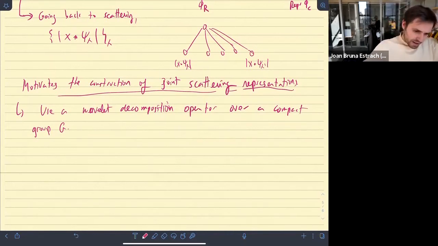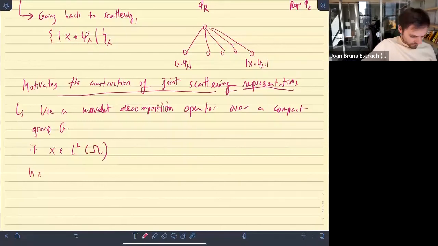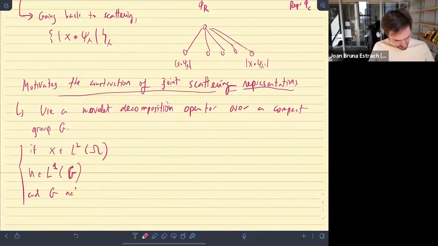If I have x, a signal that is, let's say, square integrable in some domain omega, and I have h, a function that is integrable over a group, so basically a function that is defined over a group G, and G acts on omega,